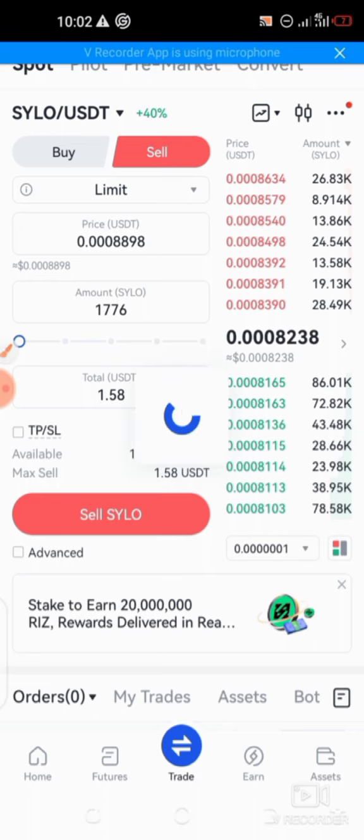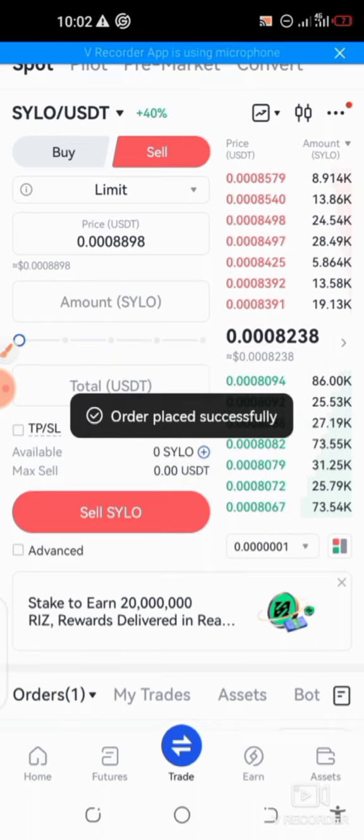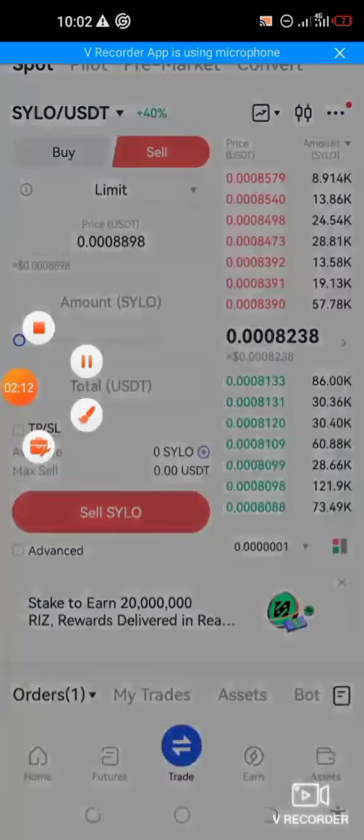To see now, when you reach that amount, when the price rises to that amount, it will sell. So I've made an order, and it is a limit order. So please ask